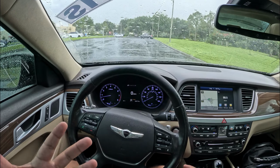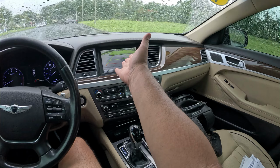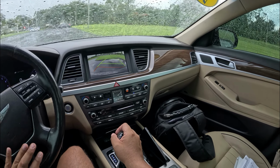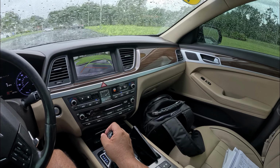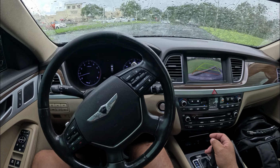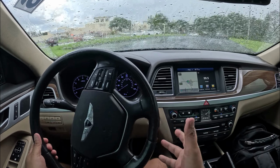All right, let's go ahead and go out for a test drive. Let's put our car in reverse and check out the reverse camera. As you can see, guys, the screen is not too bad. It's got pretty decent graphics. We do have directional lanes that move with you. And I don't know if we have sensors or not. I don't remember seeing them. No, we do have that. As you can see, you can hear them. So we see a little display here. It's pretty cool. I mean, pretty good technology for 2015 that we have all these kinds of things in a